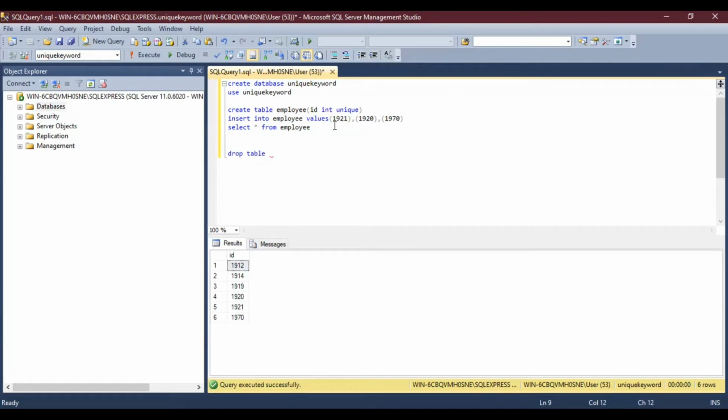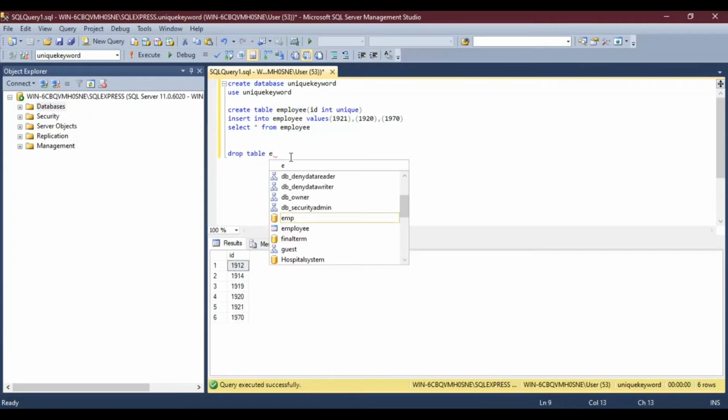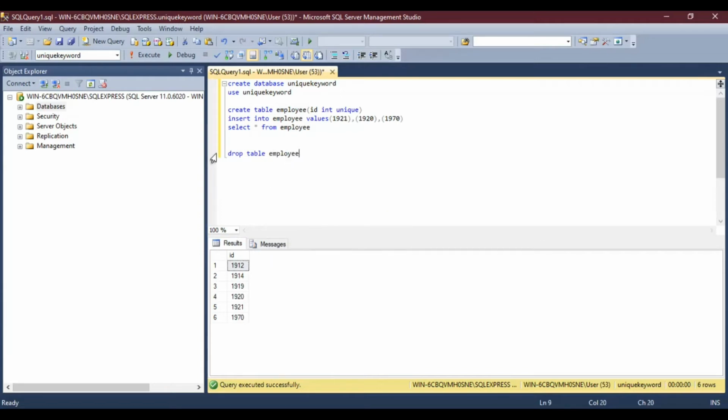So I want to delete the table that we have created, named employee. Okay, so write it down here, employee. Okay, so here if you execute this command,